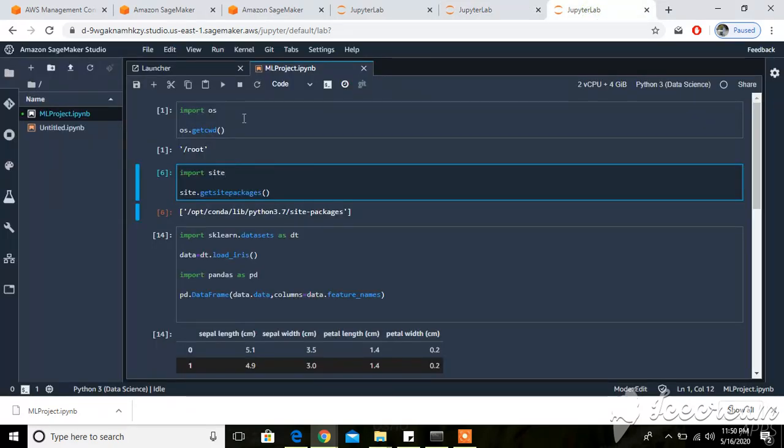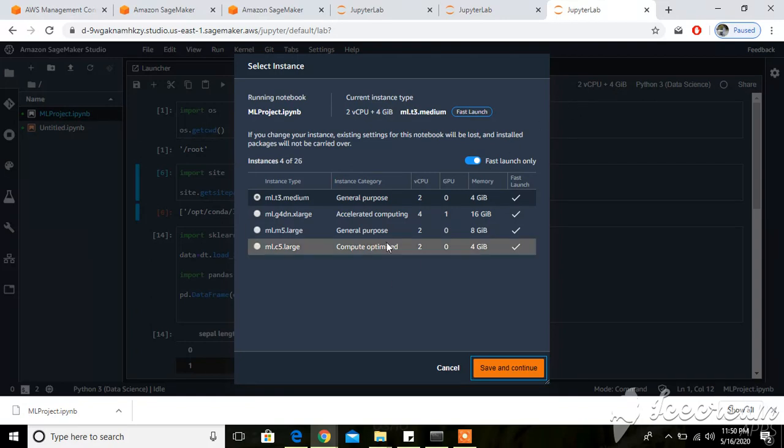Yeah. So guys, here if you look, I have already created a project to give you a basic demo. Once you start any notebook, it takes some time for the Python kernel to start. Once it starts, it shows you the configuration that is selected for you on the Amazon EC2 instance. So here I have selected two CPUs with 4 GB RAM. If you want to change, you can select it, but remember that there will be costing associated with each of these machine types that Amazon provides you.